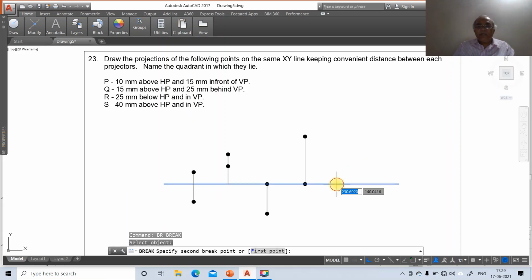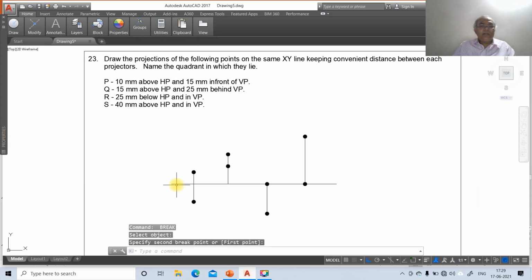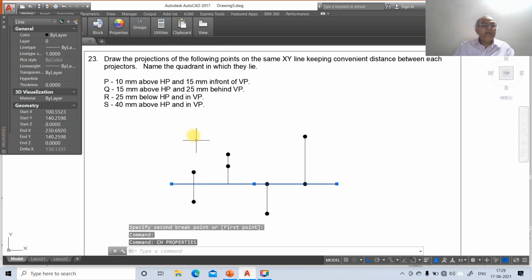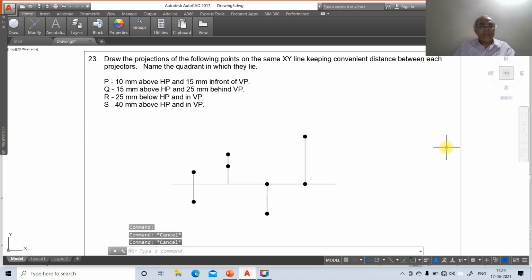Break this till here, and you break this till here. Once you do that, then go to CH, select this, and go to layer, make this layer as XY, change this.